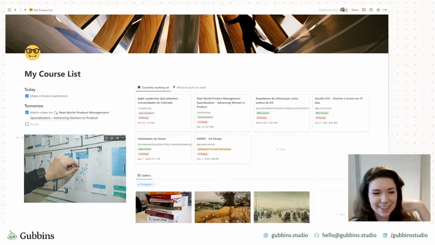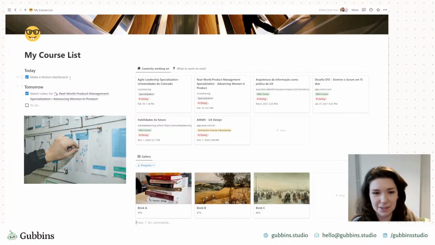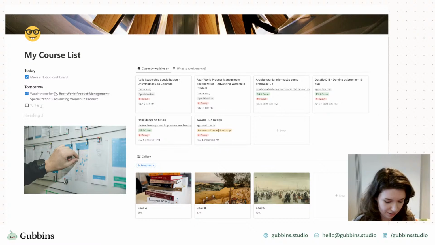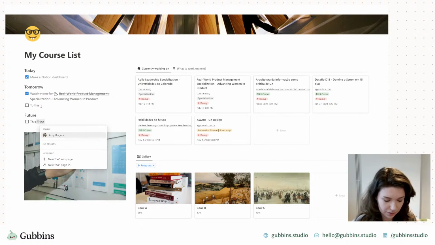On the dashboard now, you would have the list of all the things that you need to work on today. You can make quick notes of what you need to do tomorrow or in the future. So you also had future. This book.